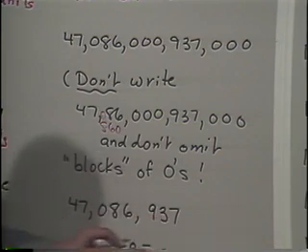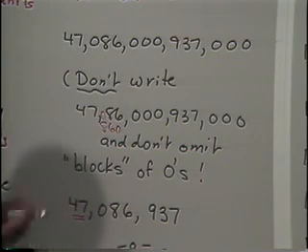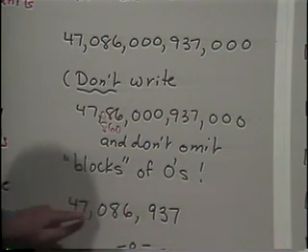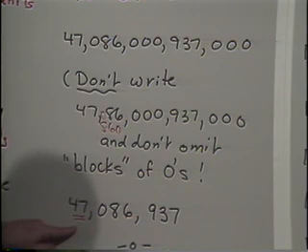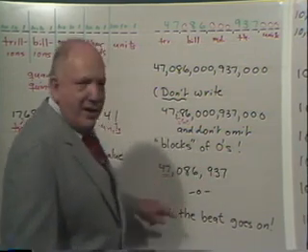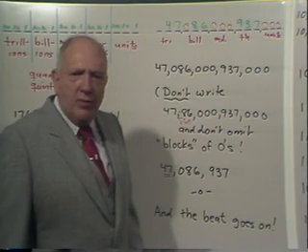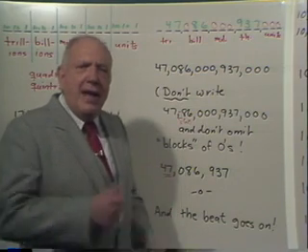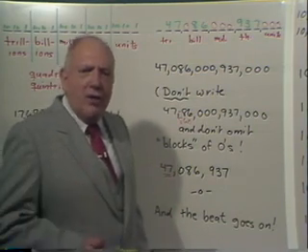If I chop off these 3 zeros, as an adjective, this is still 47. But what's it modifying? Units, thousands, millions. What was this adjective supposed to be modifying in the problem? You see, if I leave out the blocks of zeros, the 47 becomes millions when we were told it was supposed to be what? Trillions. See, the 47 is the same, but you don't know the number till you also know the noun.